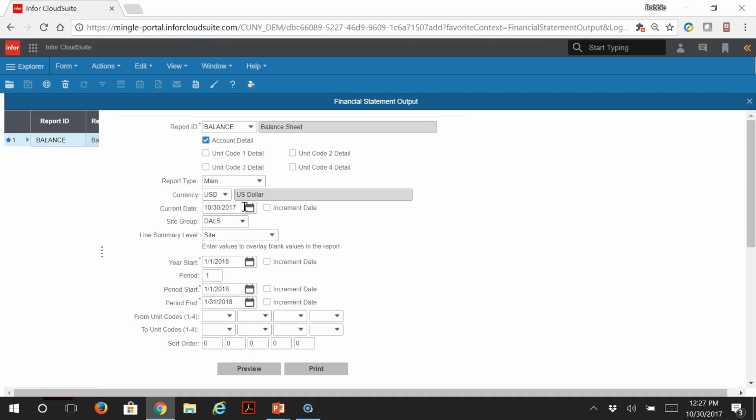We're going to use today's date, which is the default. It should show that anyway. The group is the environment that you log into. If you remember, we log into CUNY DIM DALS, so we're using DALS as our test environment. That's the group we're using. Our summary level is the site level. You have summary, site, or direct reports. We'll go with site. The year start should be January 1st,